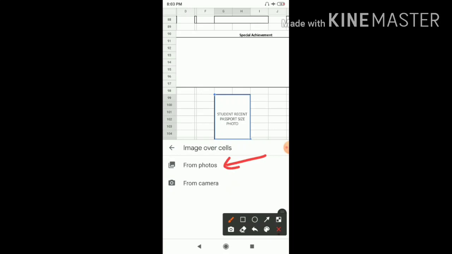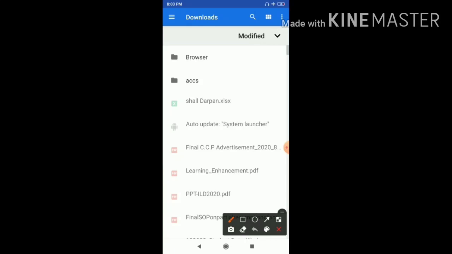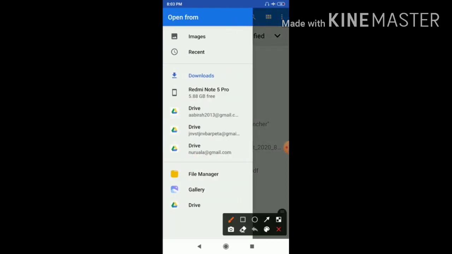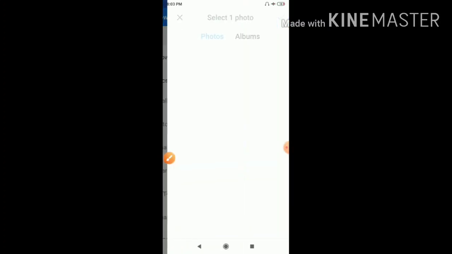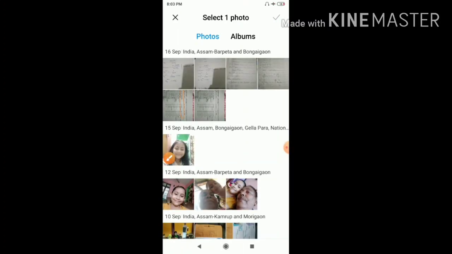From photos, after that, on the top you click, and you'll get gallery. Go to gallery.